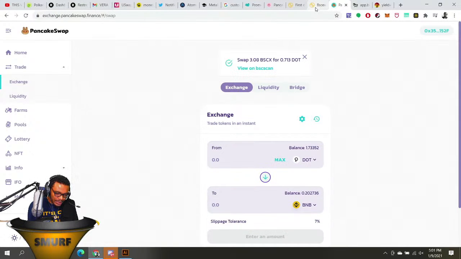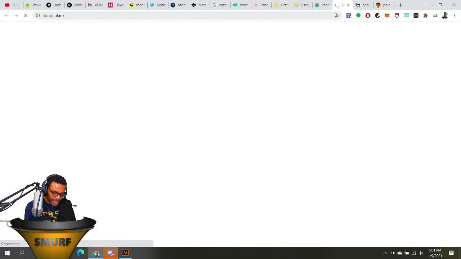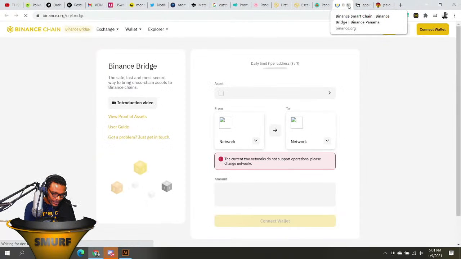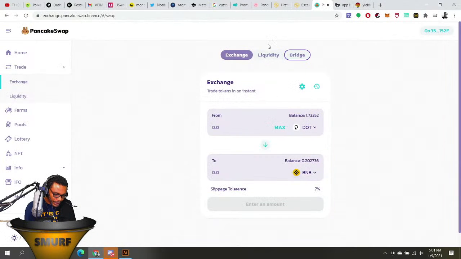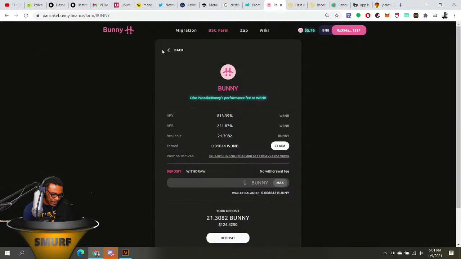It's its own stuff, kind of very similar to this one. So you can see the transaction finally posted, with the notification and stuff, but it had already gone through. This bridge function right here is actually just going to send you to the Binance bridge, and it'll be an error if you're from the United States. So yeah, don't click that. Do it the way that I show you in the previous video. One, two, three. Yeah, we got one other one that I want to show off to you guys,